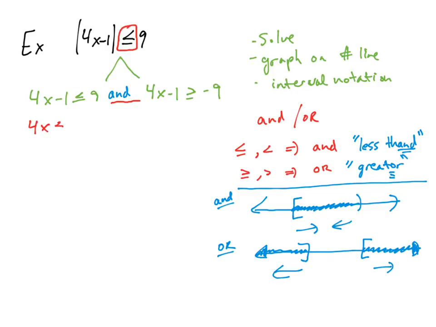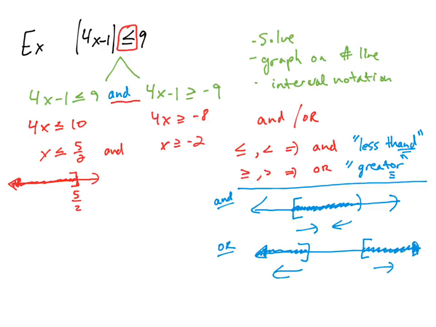So 4x ≤ 10, x ≤ 10/4, which is 5/2, and 4x ≥ -8, x ≥ -2. Okay, so I'll just graph each of these separately. x is less than or equal to 5/2, so something like this. x is greater than or equal to -2 looks something like this. Now, because this is an and,